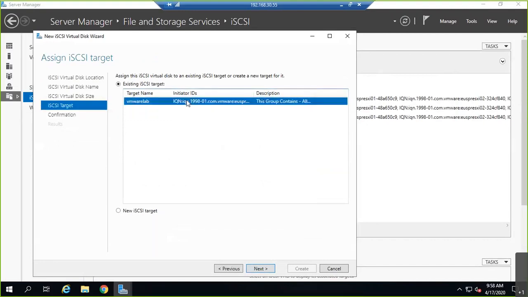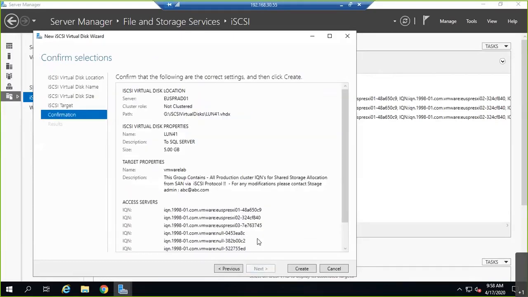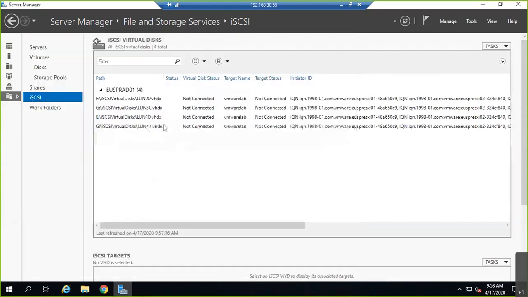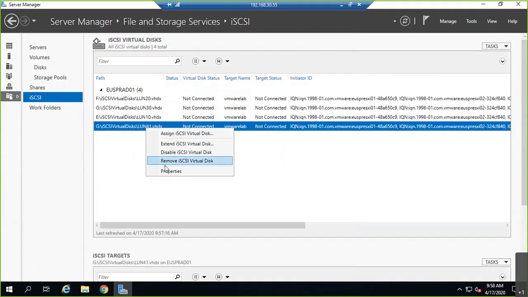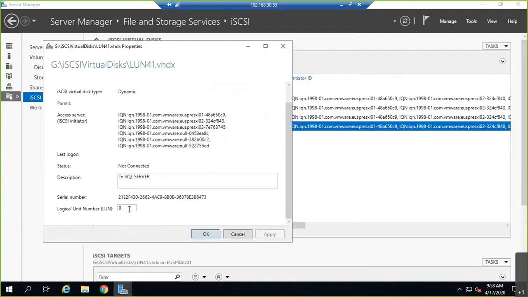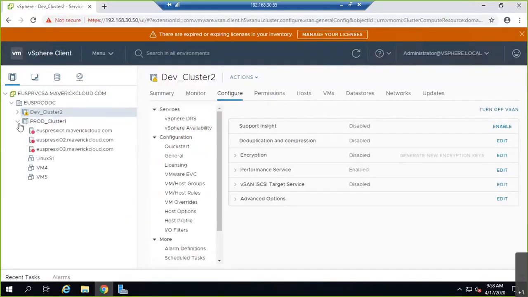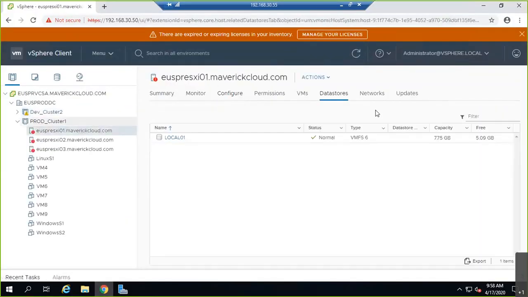How many hosts does it have? In my lab scenario, I have 6 hosts. In real time, you will say 64 hosts. Next, create. Done. This one, right click, properties, LUN ID 41, apply. Okay, that's it. Done. Now go to the ESXi host, go to any cluster, any host, and